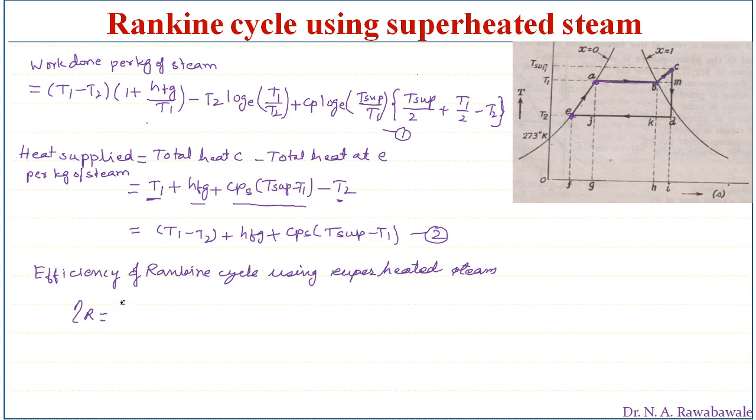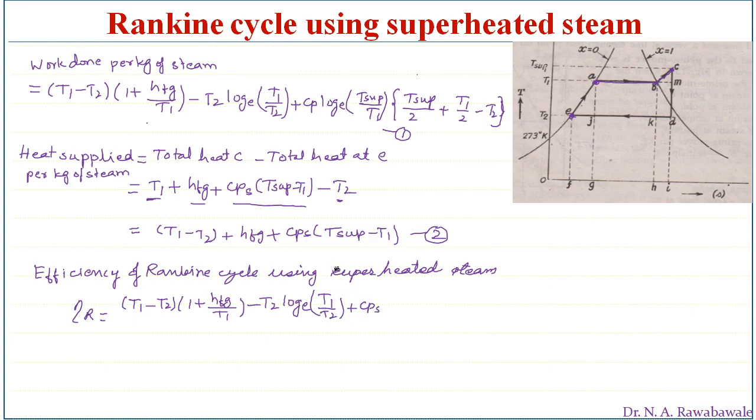So equation number 1 can be written as it is: T1 minus T2, in bracket 1 plus HFG divided by T1 minus T2, log to the base e T1 divided by T2,